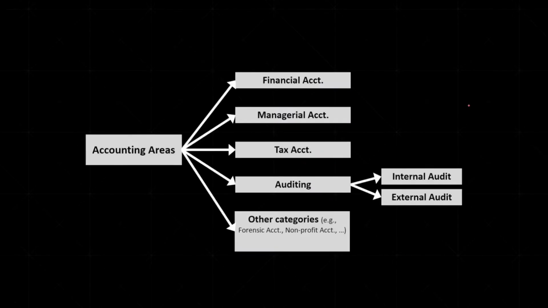But let's briefly talk about different areas in accounting. We do have financial accounting, managerial accounting, tax accounting, auditing, and other areas in accounting, for example, forensic accounting or accounting for non-profit firms. So financial accounting is the area of accounting that deals with external users, meaning those reports. If you remember the last verb, the last activity in the accounting process was reporting. Those reports are mostly of the interest of external users.